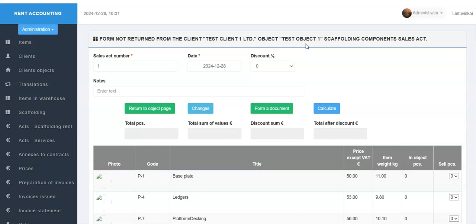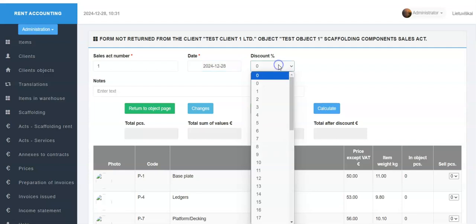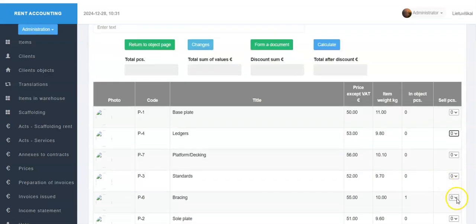On this page, we can see the act number, date, discount, amount in percentages, enter a note, select the quantities of components for sale, and after calculating, generate the sale act.